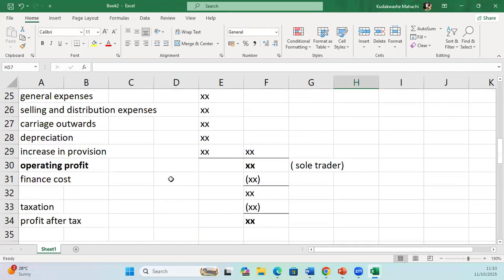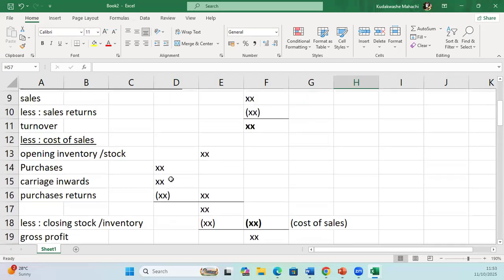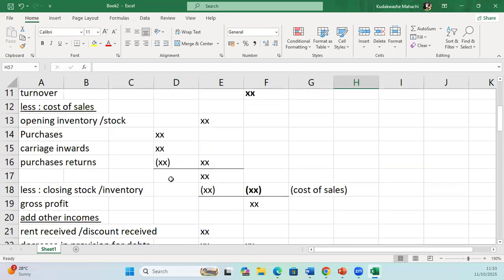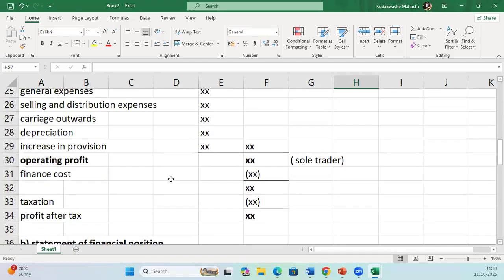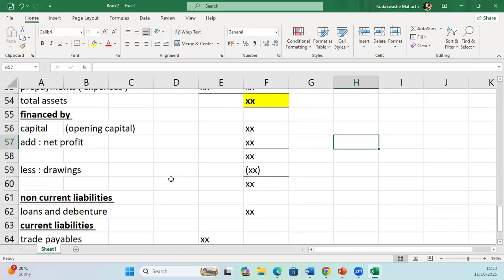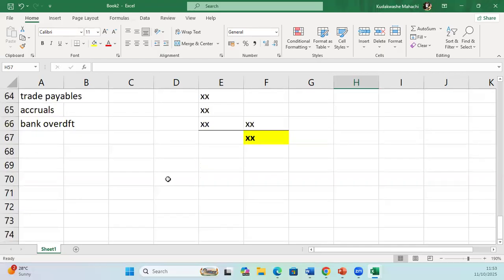So this is the layout of the income statement and the statement of financial position. These are crucial for any business. The income statement and the statement of financial position are the final accounts. They tell us how the business has been operating. Have we been making a profit or have we been making a loss? So for your module, you will realize